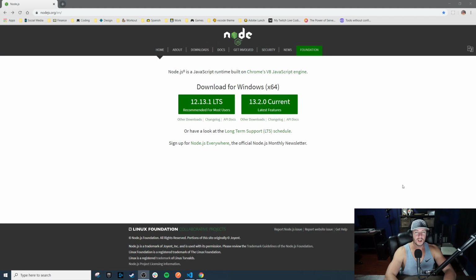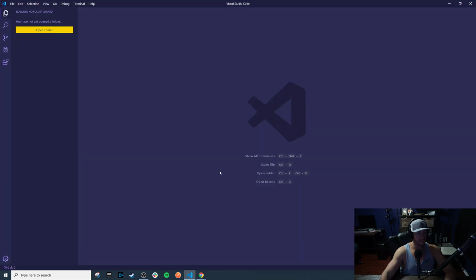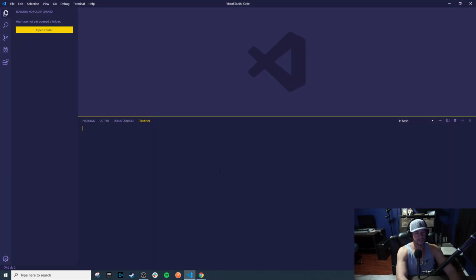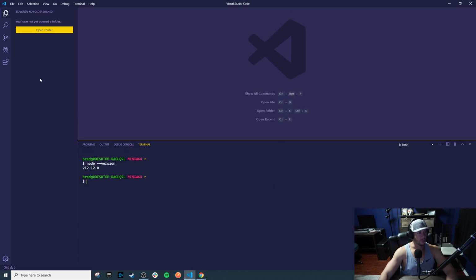So what I'm going to do today is walk you through the setup of Node 13.2 and create a super quick example program that shows you how Node modules work. So I guess what we'll do here is, what version of Node do I have now? I've got 12.12. So ES modules are not actually supported. So what I'll do is I'll